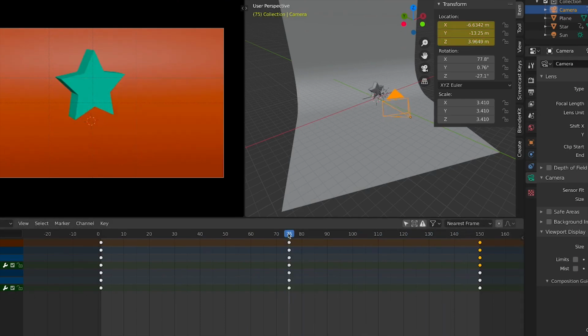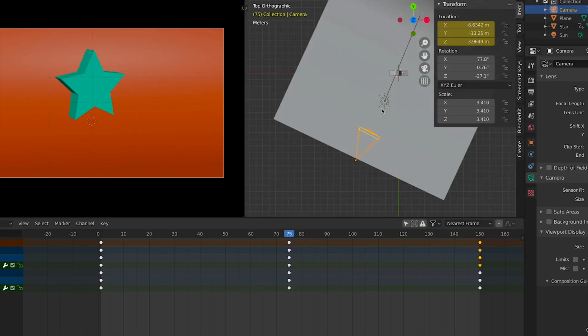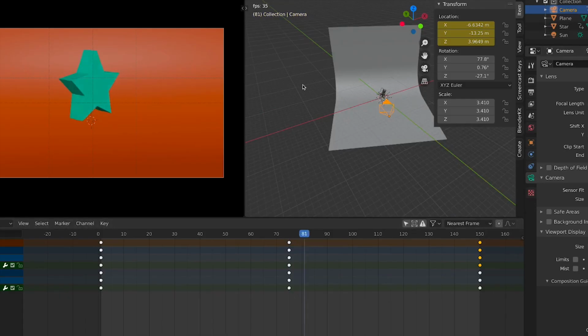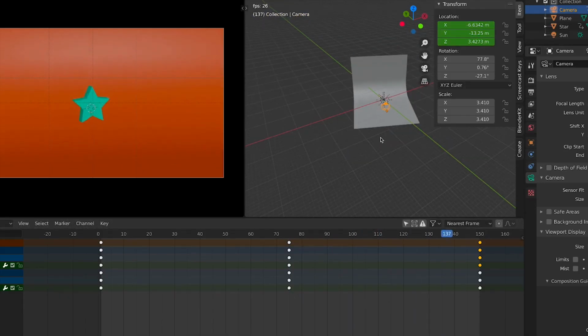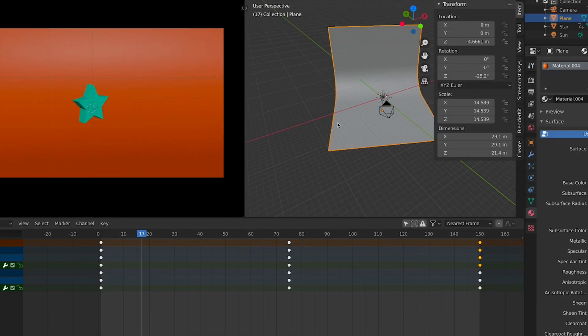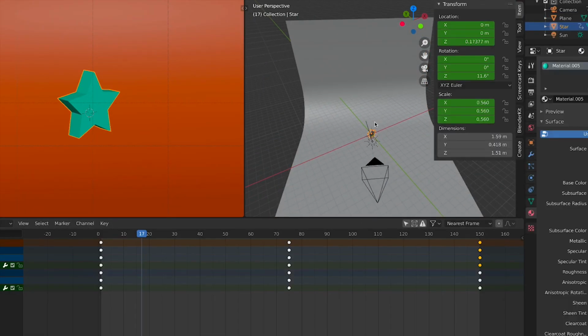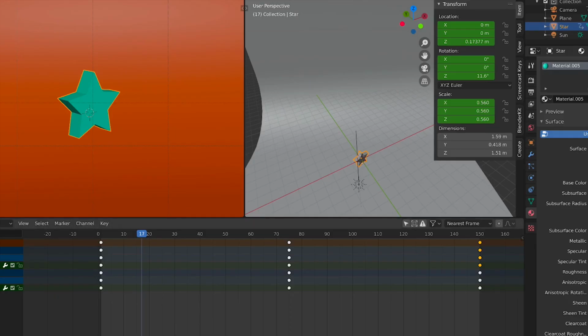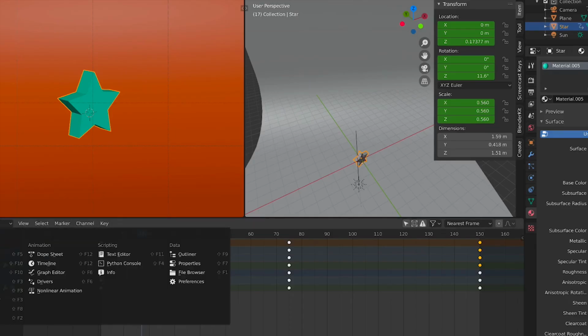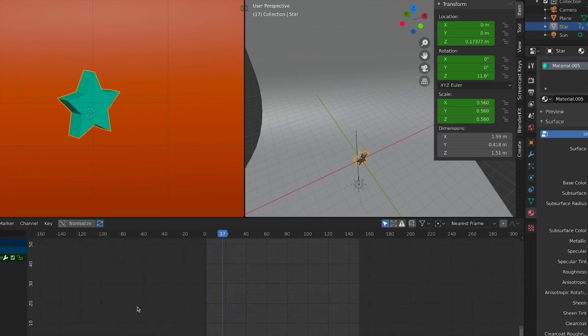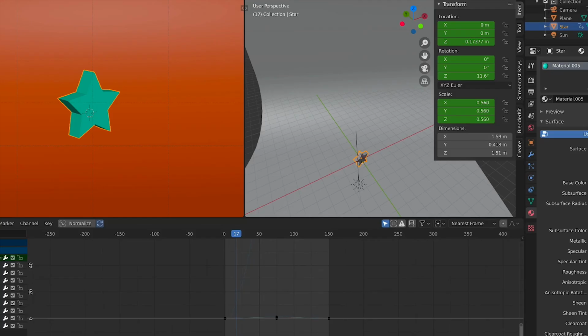So something like this, and here maybe we can go and actually we are going to keep it as it is for now. So now I'm going to show you how you can edit those keyframes with the graph editor. So first I'm going to select the star, and here instead of dope sheet I'm going to change my editor type to be graph editor. So here I'm going to zoom in, zoom out,